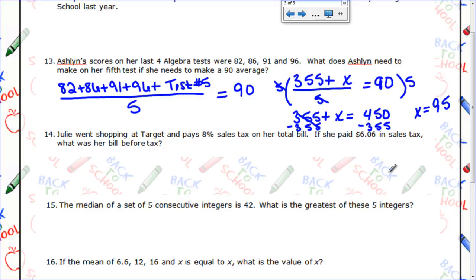So let's look at number 14. Julie went shopping at Target and pays 8% sales tax on her total bill. If she paid $6.06 in sales tax, what was her bill before tax? Well, so here's what I know. Her total bill,